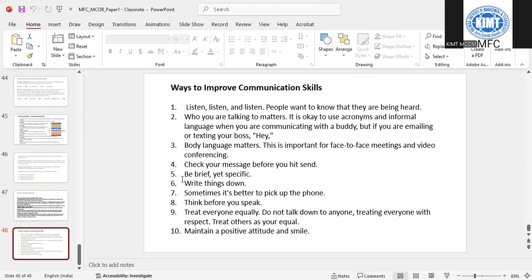Do some basic research, seriously, on what the points are, and you should do some homework and prepare. Sometimes it's better